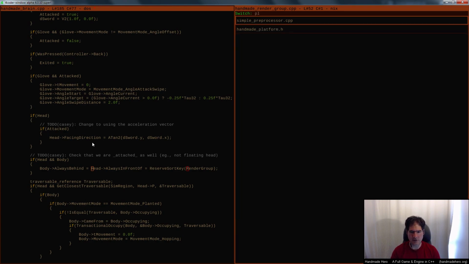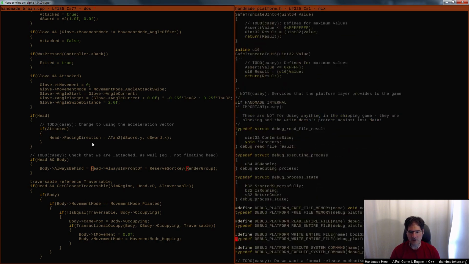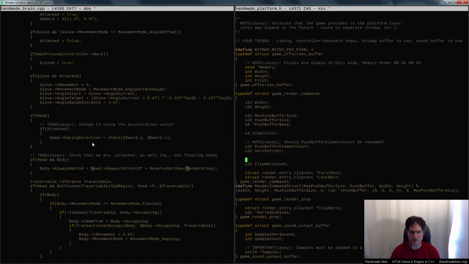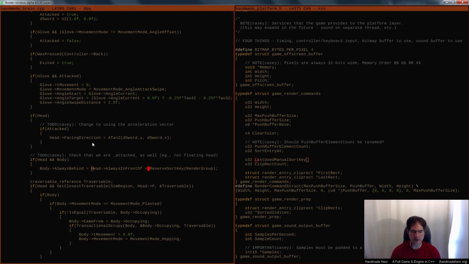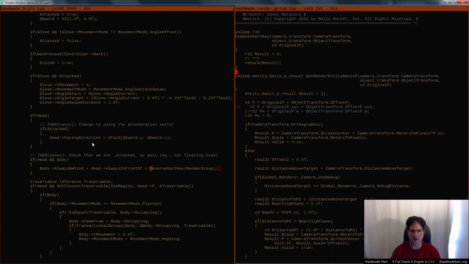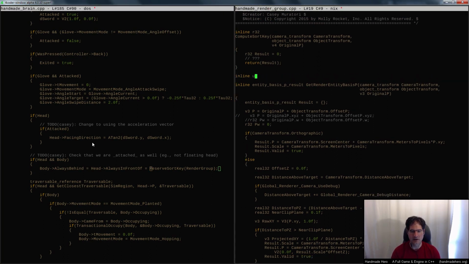Anyway, so if we go out to platform, since this operates at sort level, we just have a thing here which is going to be a manual sort key count or something like this, or next available. Let's see, last used manual sort key, something like that. And so reserve sort key is like a really trivial function now that doesn't do anything even remotely complicated. It's just going to do